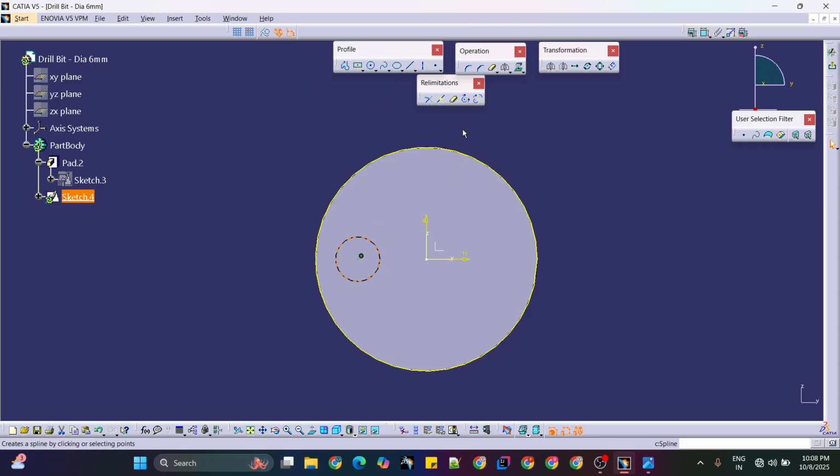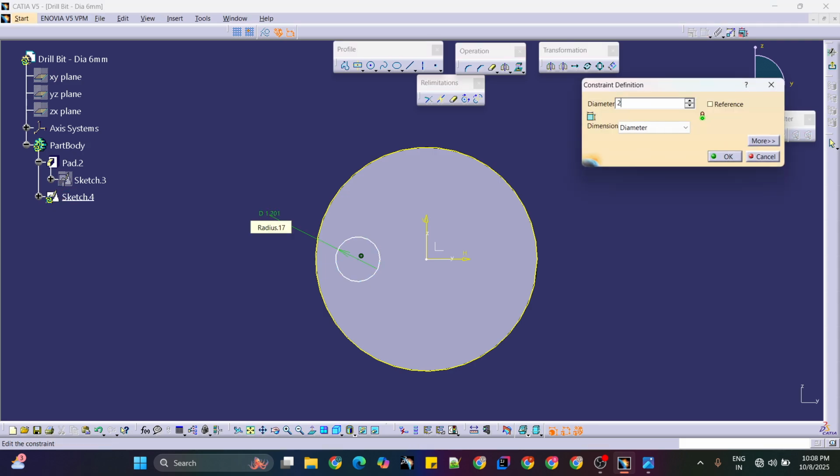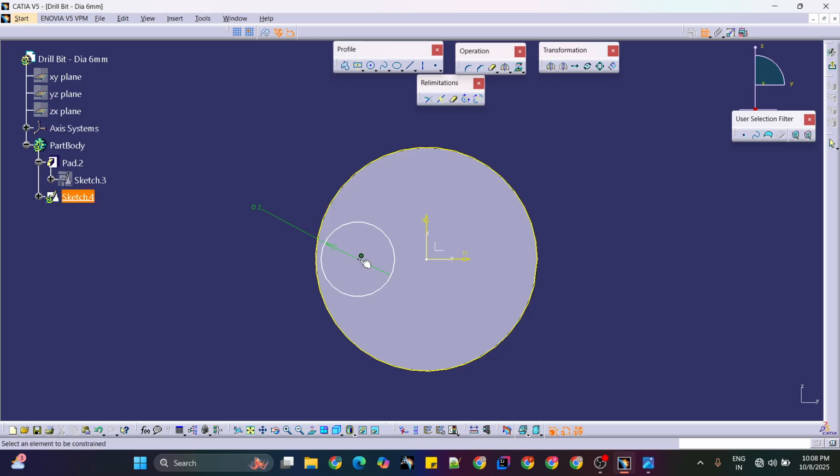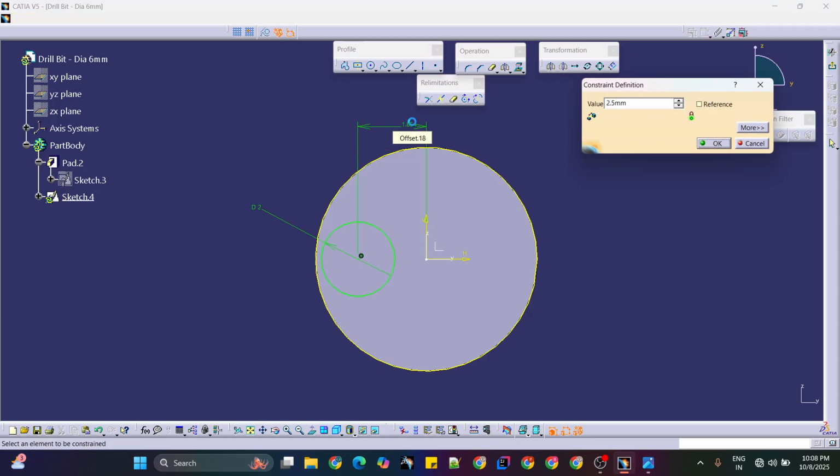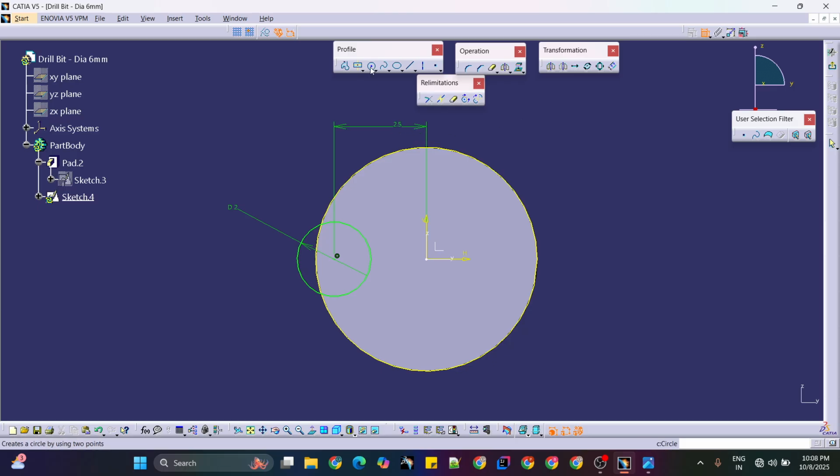Okay, which has the diameter 2 mm. Okay, so this is from the 2.5 mm distance, and one line which is tangential to that, is tangent. Okay,